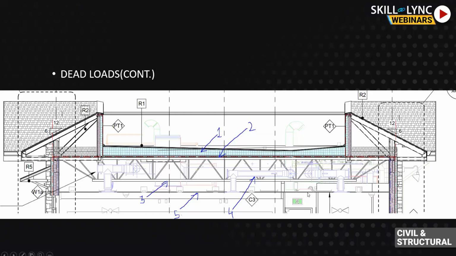What is the ceiling element? Even though from this cross section we cannot see what the ceiling comprises of, in some of the drawings you would see somewhere notified what kind of ceiling this is. Number four, these are some ducts that are going through for your HVAC requirement. When I say HVAC, heating, ventilation, and air conditioning, HVAC.